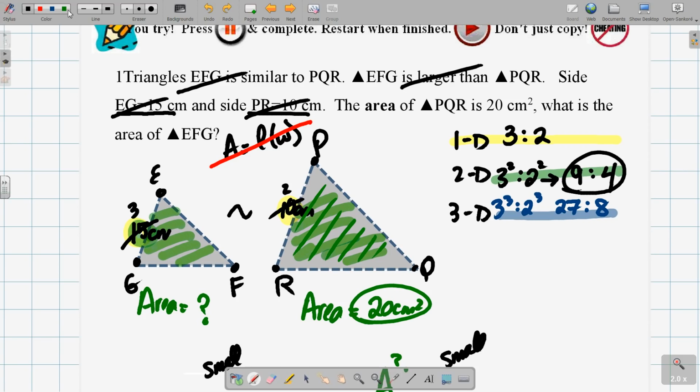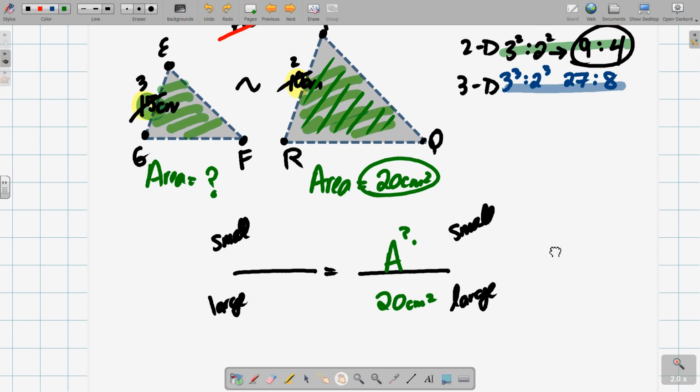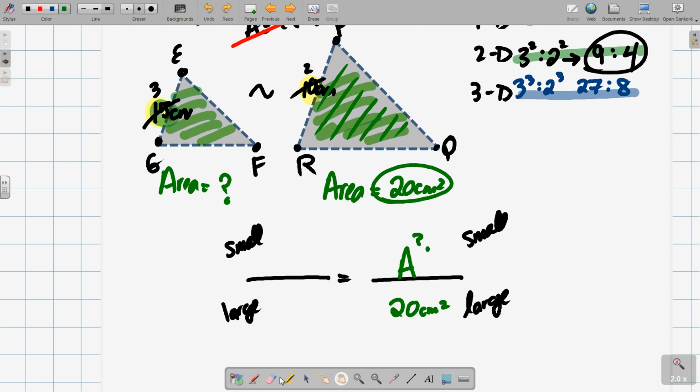Alrighty guys, I labeled this wrong. This should have been EFG. And this should have been PQR. If you guys were tracking with me, you immediately know why that's the case. So that 20 should have been the smaller triangle. So we're going to go ahead and flip these. If you wrecked your head trying to figure that out on your own, I apologize. Hopefully the fact that you experienced difficulty means that you understood the direction it should have gone with that 4